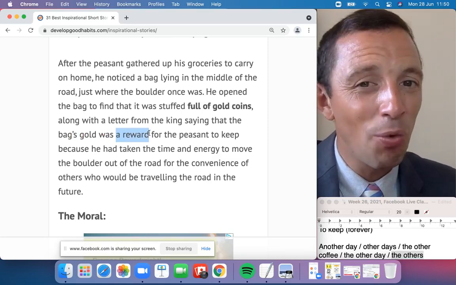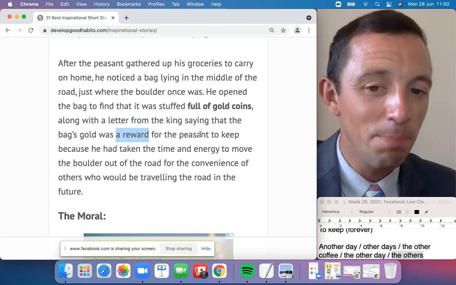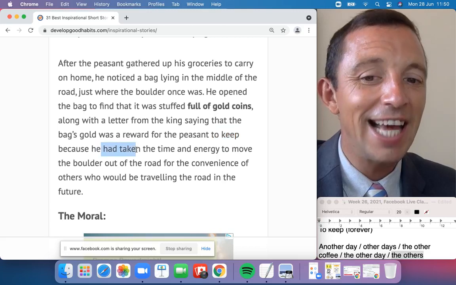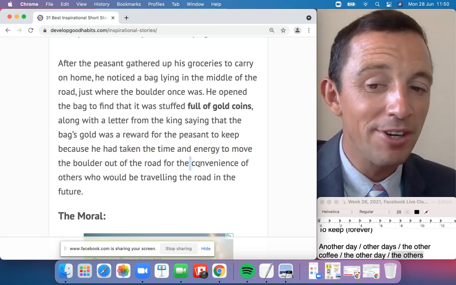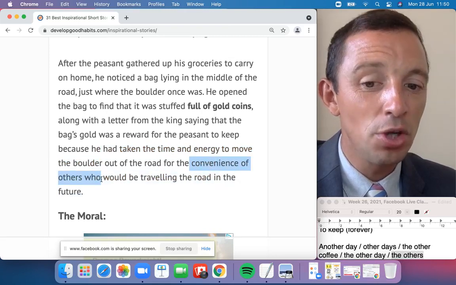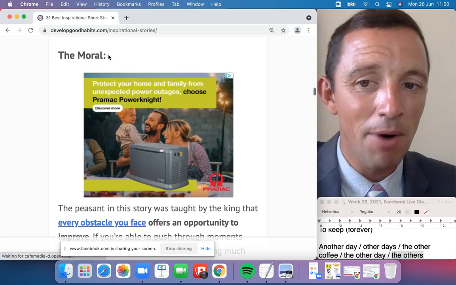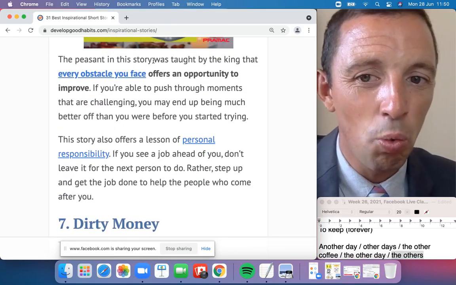Well, remember, an award or reward, so compensation, to say well done for the peasant to keep forever, to maintain, because he had taken the time and energy to move the boulder out of the way, for the convenience of others who would be traveling on the road. Okay, very good story. So the moral, what is the moral or the message of the story? The peasant in the story was taught,